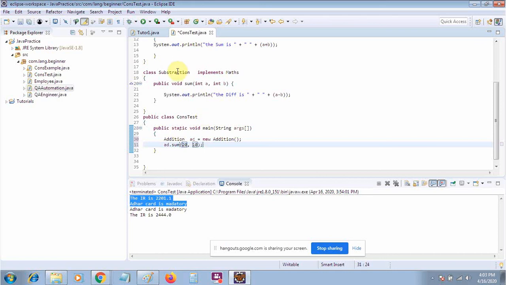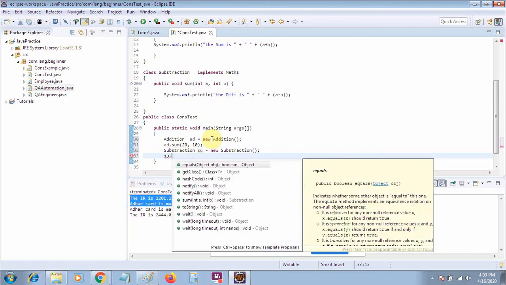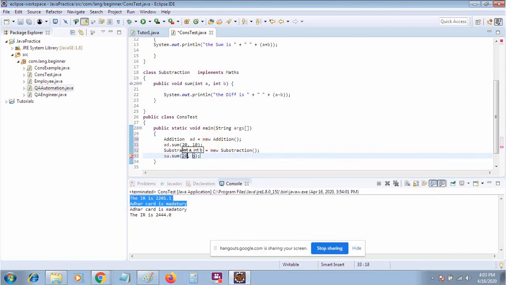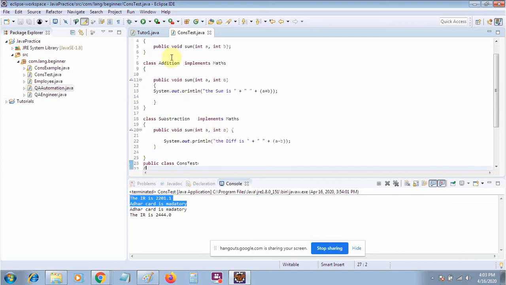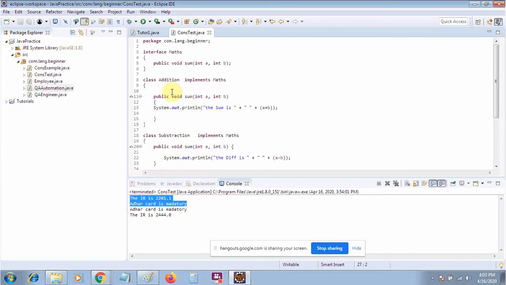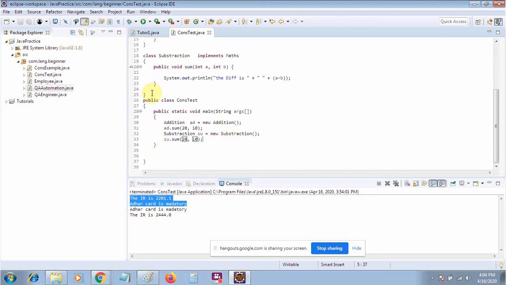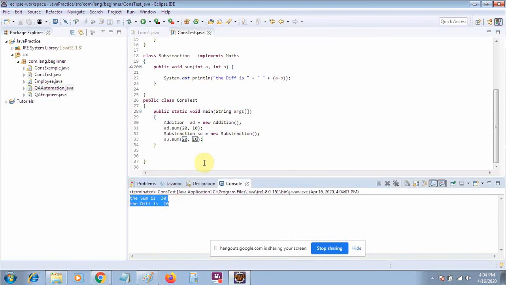Again, for the second class, we will create the object of this class and call the method of subtraction with 20, 10. Okay, no problem. We have an interface, we have different classes implementing the interface, we create the body of the method declared inside the interface according to our need, and then we create the objects and call them one by one. So the sum and difference have appeared.